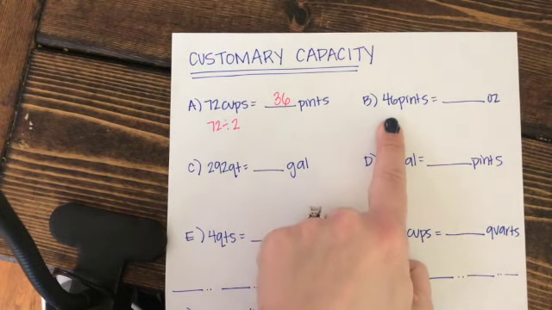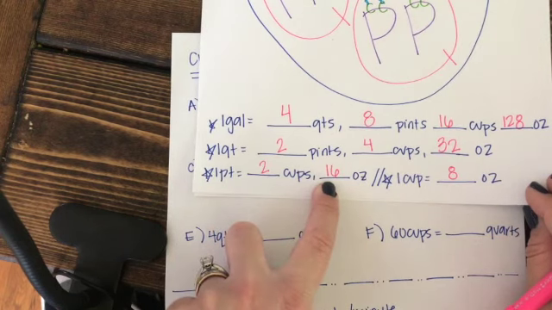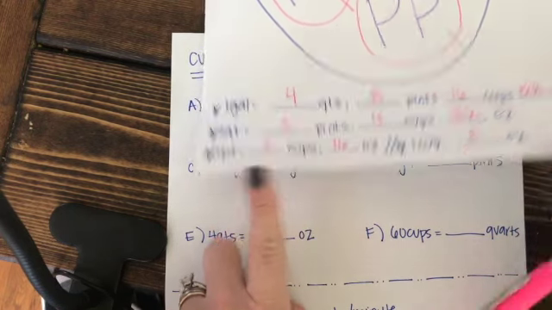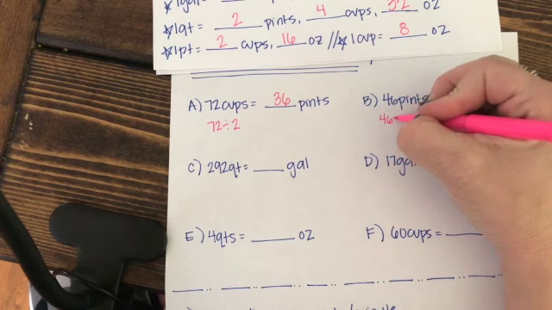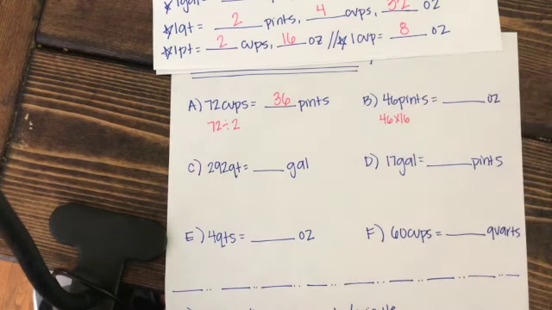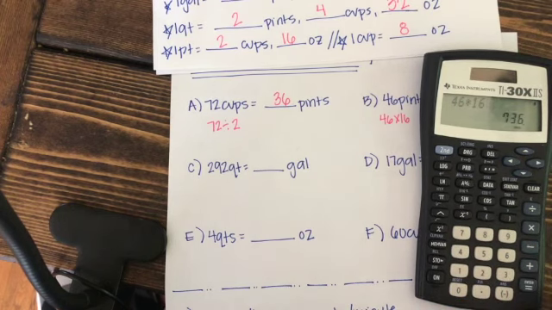Okay, look at the next one. It says 46 pints is how many ounces? Okay, so I'm gonna come over here. Well, I know that 1 pint is 16 ounces, right? So 46 pints is how many ounces? So that's going to be multiplication. Every pint has 16 ounces. So 46 times 16 is